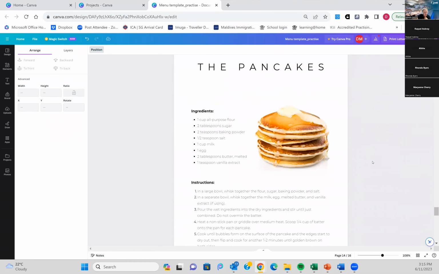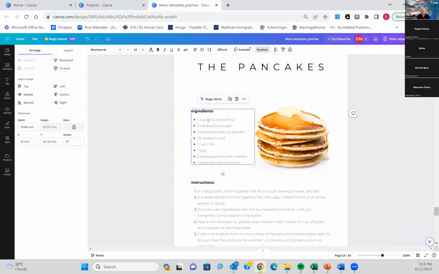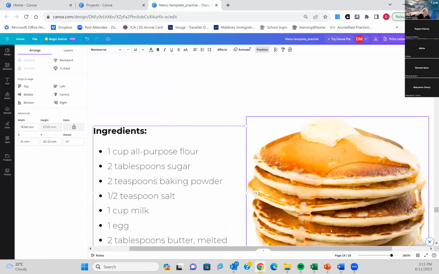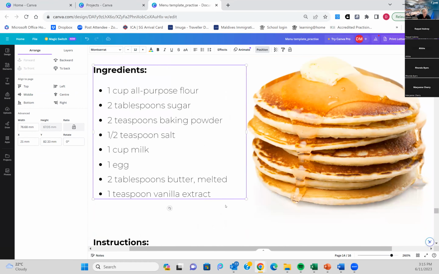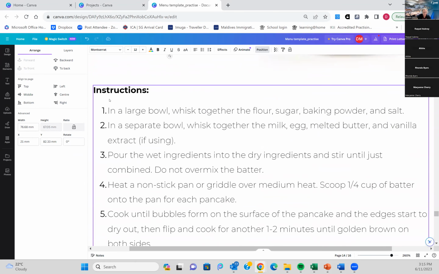If you're doing a menu card, they actually have these really cool templates for menu cards. So again, it's just a picture. You would just go into your uploads and upload your picture. And then they've just used a simple text box, and I'll zoom in so you can see it better. So it's pancakes. They've just put one simple text box for all the ingredients, and then the instructions are really